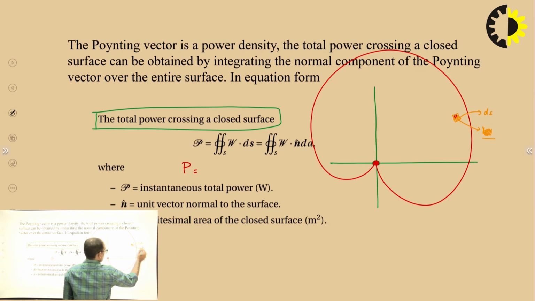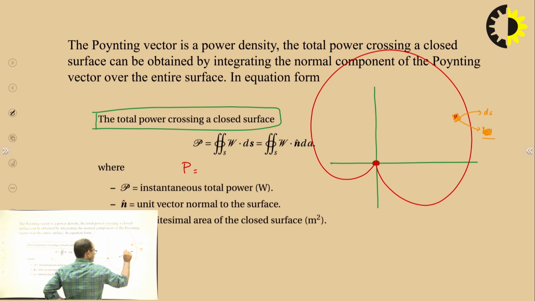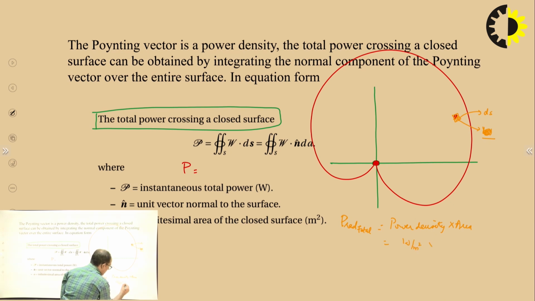let's say this is a differential area. So how much power is radiated by the whole antenna will be equal to what? The power density multiplied by the area gives the total power radiated. That will be equal to the power density, which is watt per meter square, multiplied by the area, which is in meter square. So the power radiated by this differential area will be equal to the power density, let's say W, multiplied by the area. So the total power radiated across the dS area, the differential area,